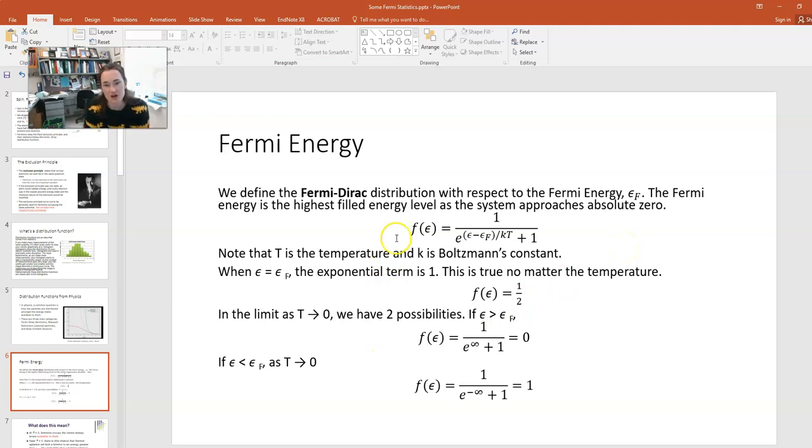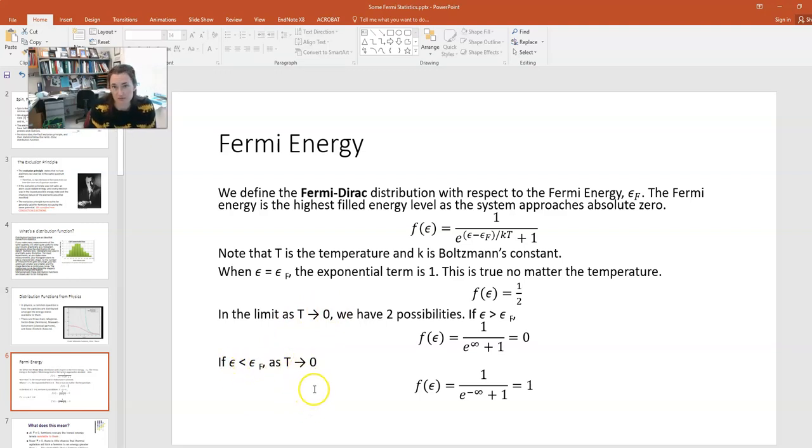If F goes to 0 as T goes to 0, then that means there aren't any particles in that energy state, which means that if the energy is greater than the Fermi energy as T approaches 0, then that's an unoccupied state, right? You're not going to get particles that have an energy greater than the Fermi energy as T approaches 0. All right, let's look at what happens if the energy epsilon is less than the Fermi energy as